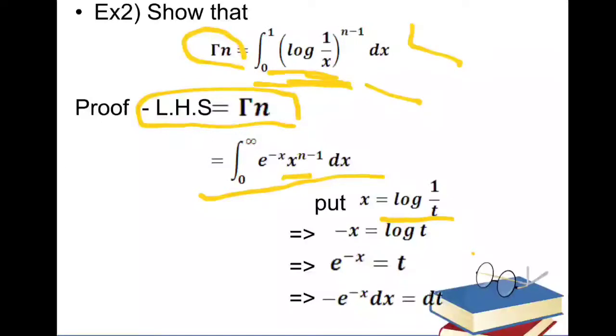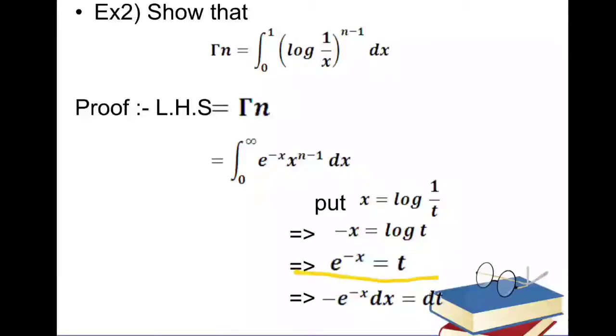Now here, if we take t in the numerator, then the power of t is minus 1. By using the property of log, we can write it as minus log of t. So just here I have multiplied by a minus sign. So we get minus x equals log of t. By taking antilog, we get e raised to the power minus x equals t. So differentiate this term. We are converting the whole integration into t.